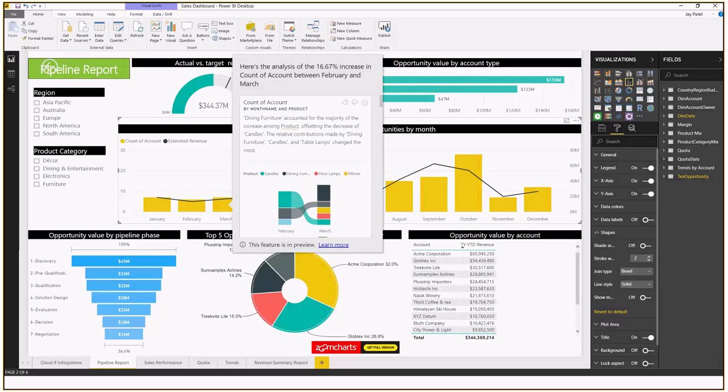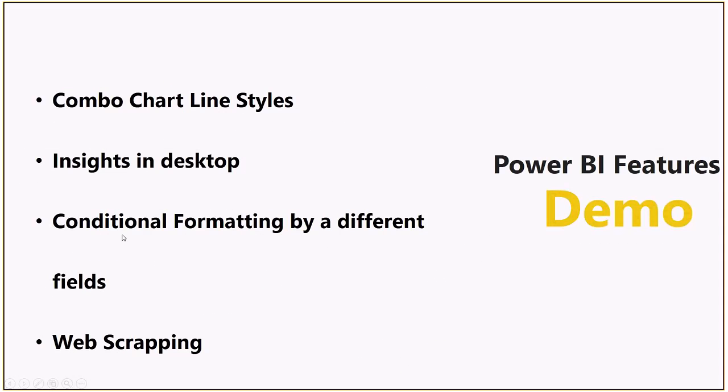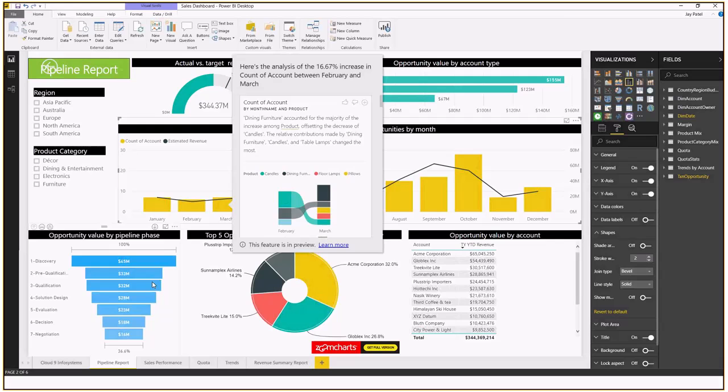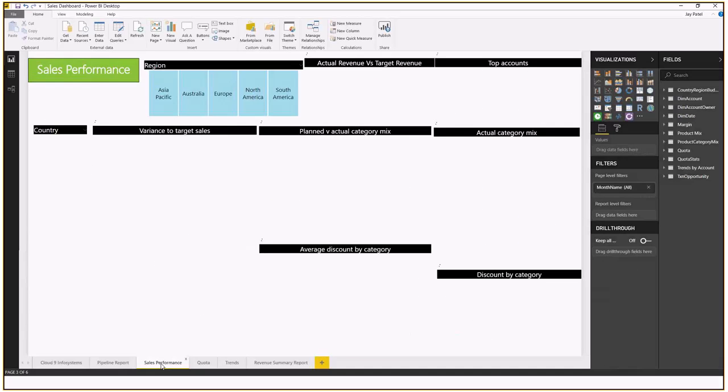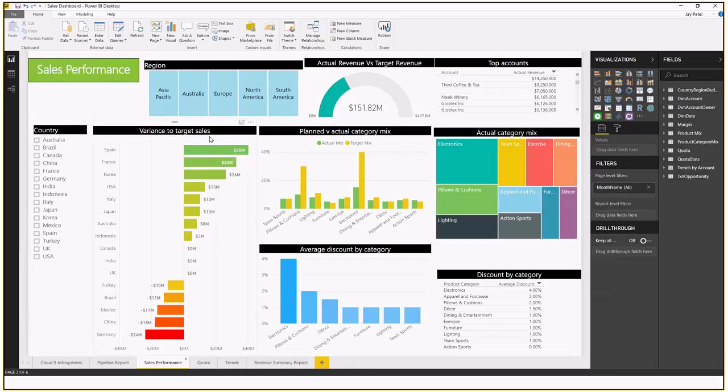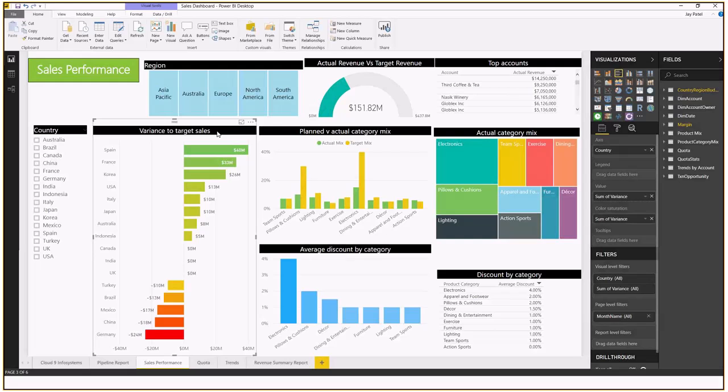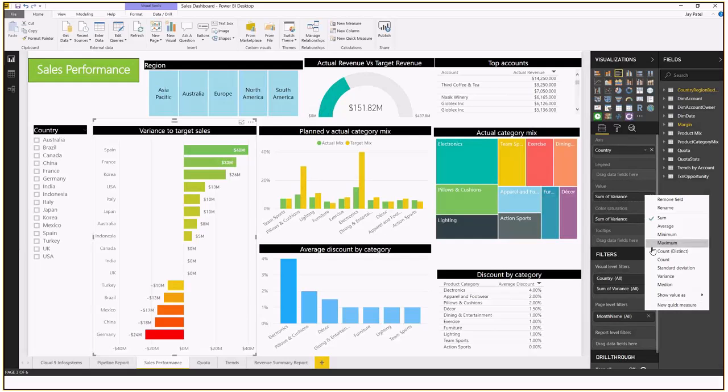So this is then, I said, conditional formatting by different fields. So you can set up conditional formatting by a different field which is not presented into the report. So let's go to the other chart. So here we have conditional formatting into